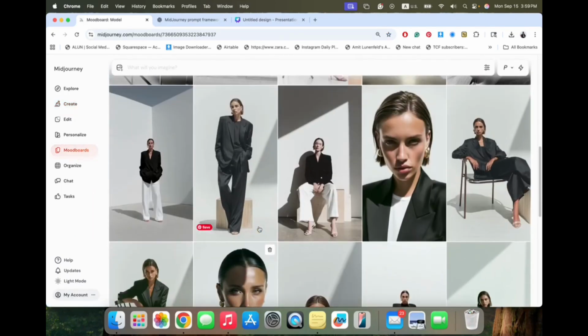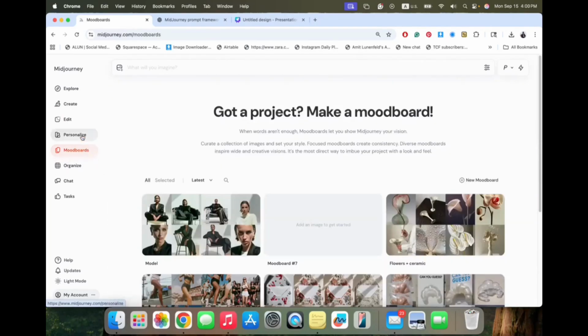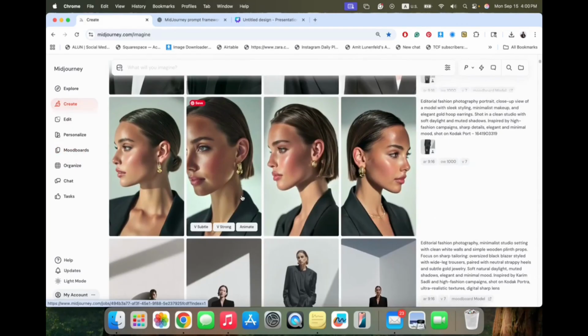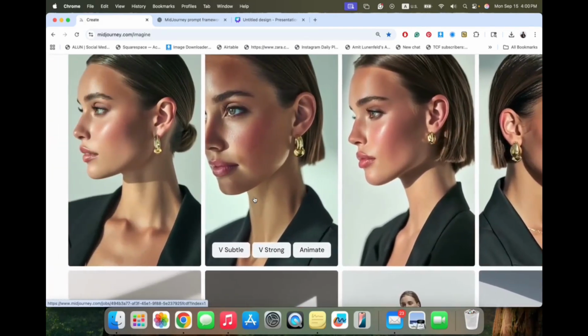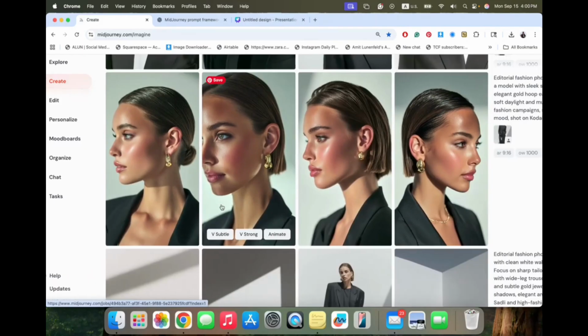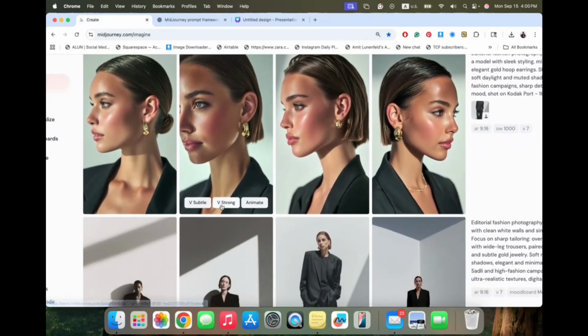So you can see she's here, and this is the model I want to recreate over and over again. So the next step I took, I wanted to create a closer look of her. We can see here a detail shot and we can see her profile. So you can compare. This is the image I started with and this is the close-up.